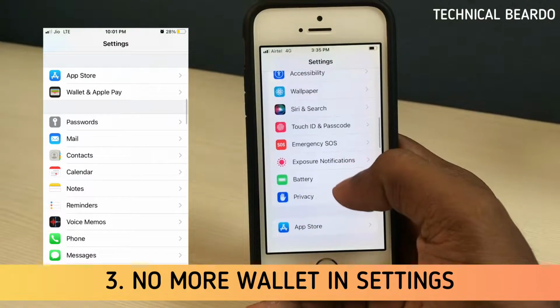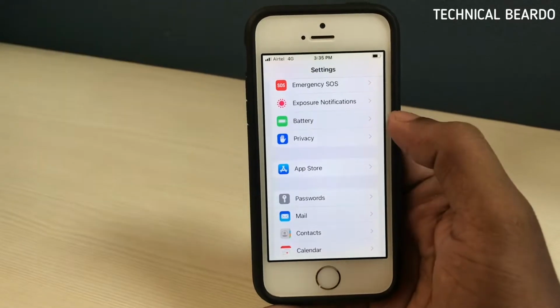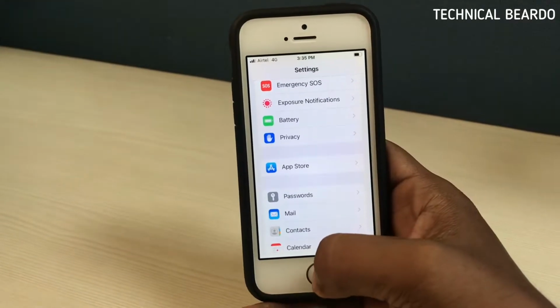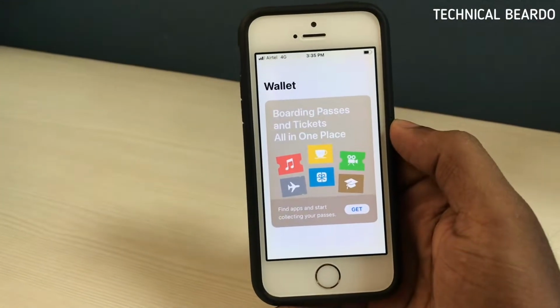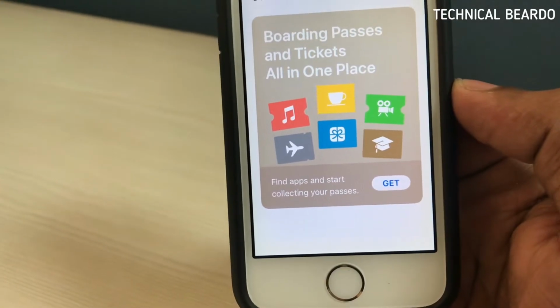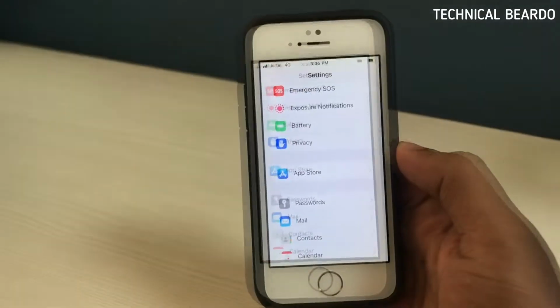While going through the Settings application, I saw that there is no more Wallet feature. If you see here, there is no Wallet, right? So now there has been an upgrade in Wallet, as we all know. Now if we go to the Wallet application, it will allow you to download wallets from your App Store. There are different wallets for different situations or different needs, so download them and use them.